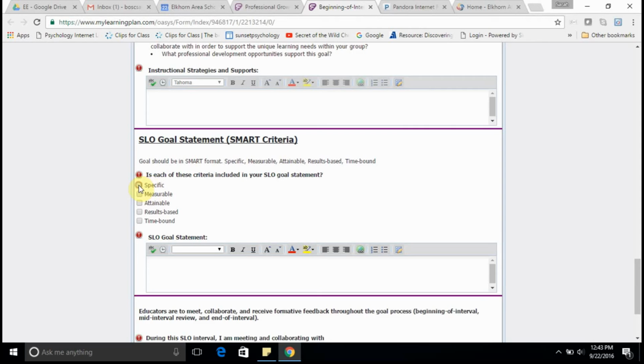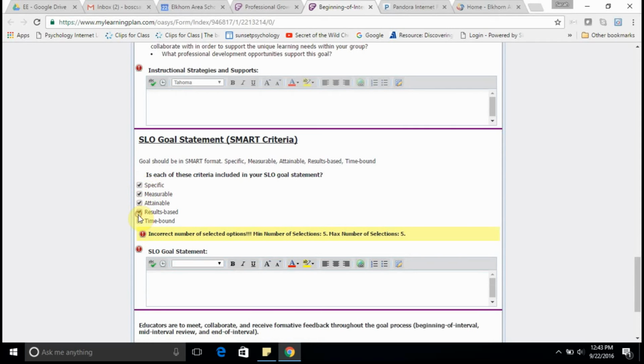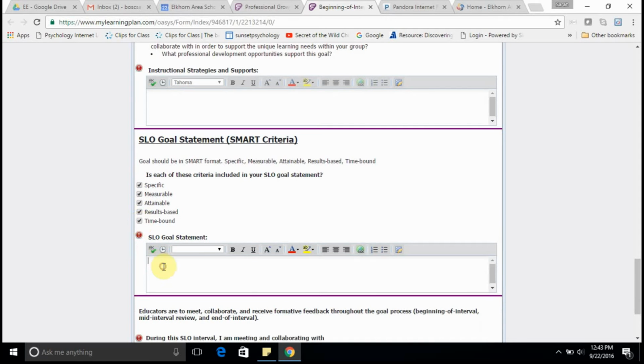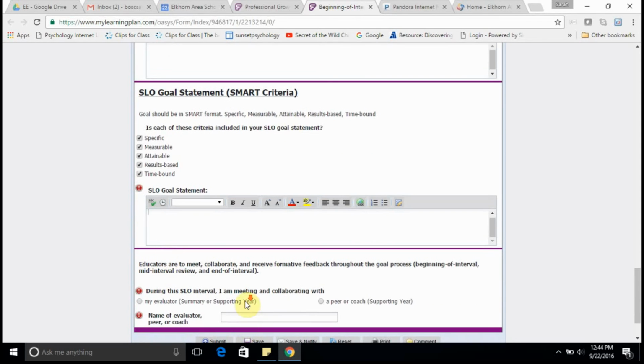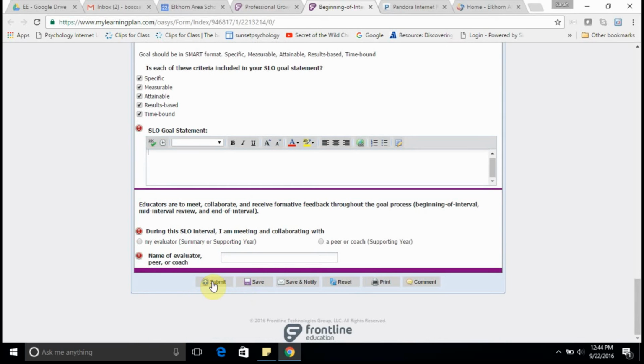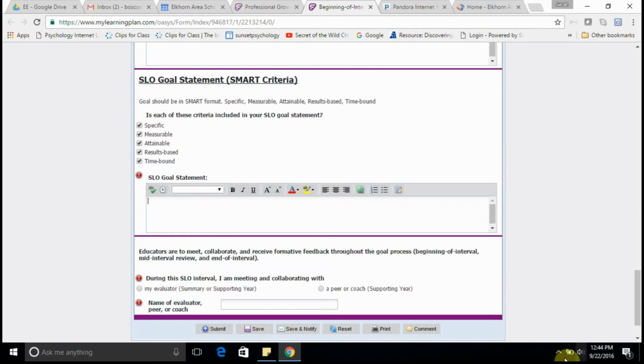And you need to click that you have met each one of the SMART criteria for your SLO, and then you can submit this form to your evaluator. Again, same options as the self-review. You can press save, you can clear it all out, you can print it off before you send it, etc. So that is how you would complete the SLO